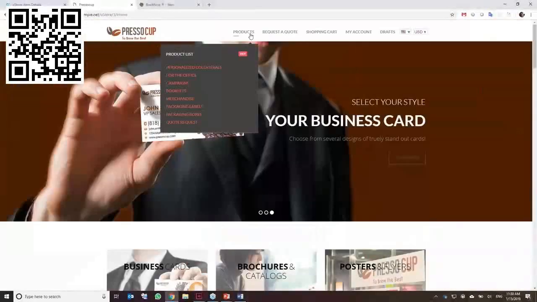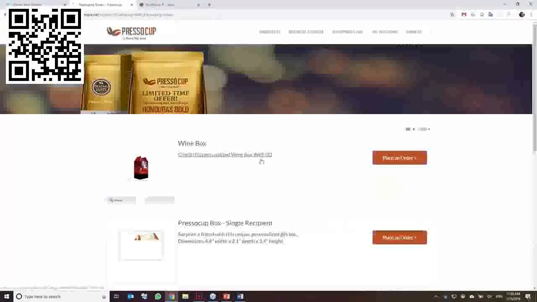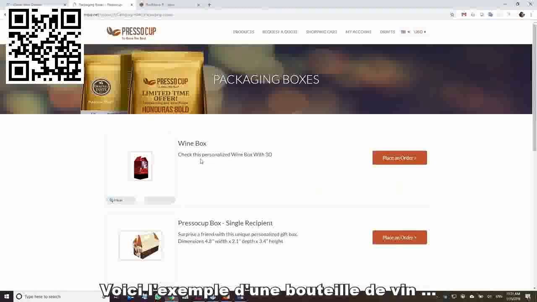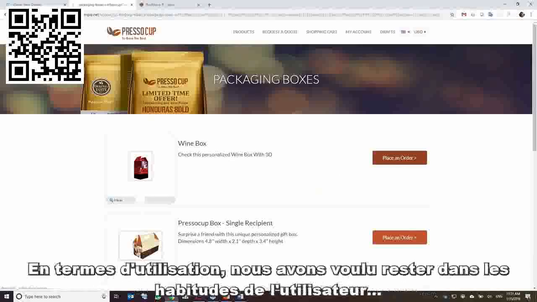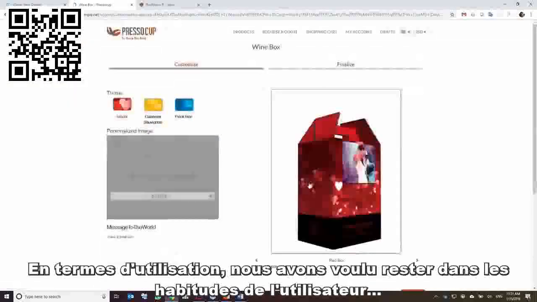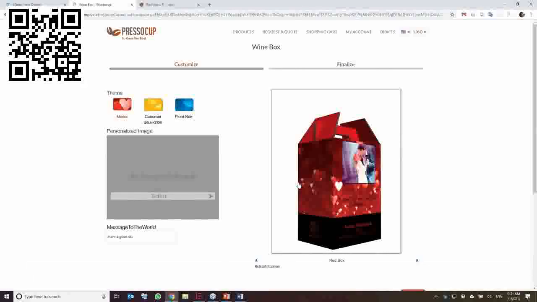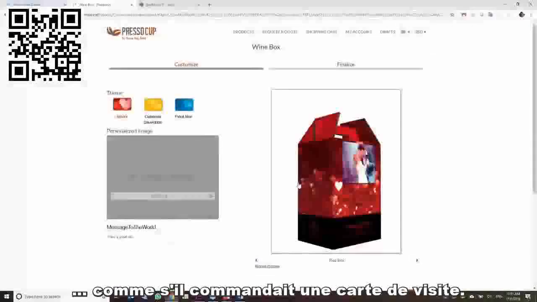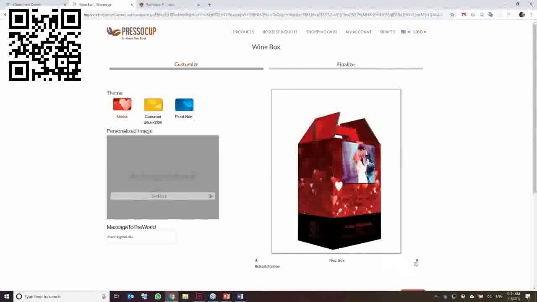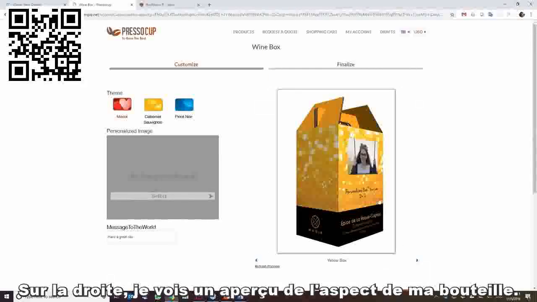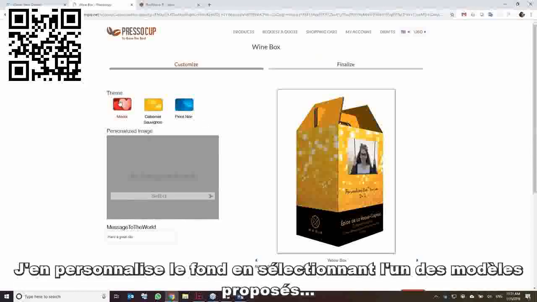And they'll be able to go and order boxes as well. Here's an example of a wine box right here. And in terms of the experience, we'll try to stay as familiar as ordering a business card. So in this example here, I see on the right-hand side a preview of how that box is going to look. And then I customize it by choosing